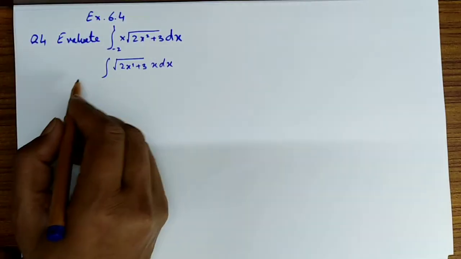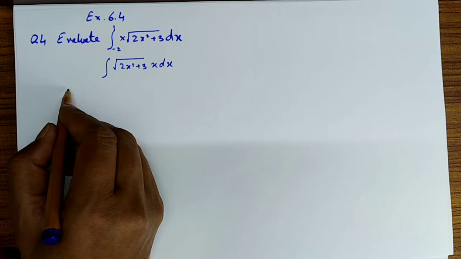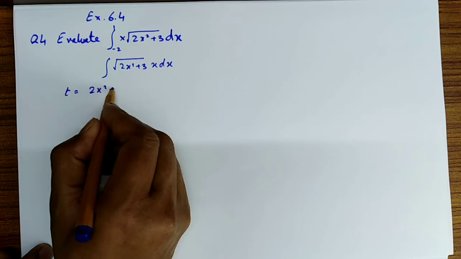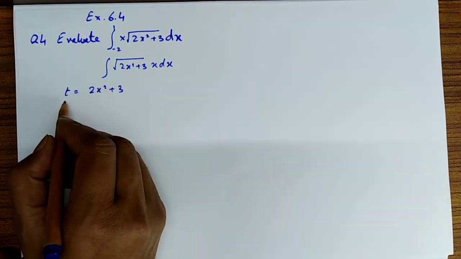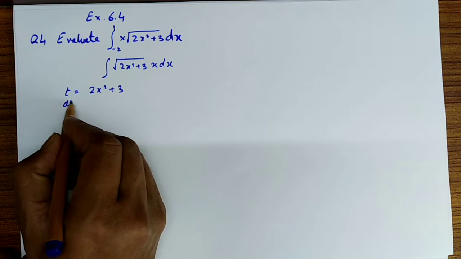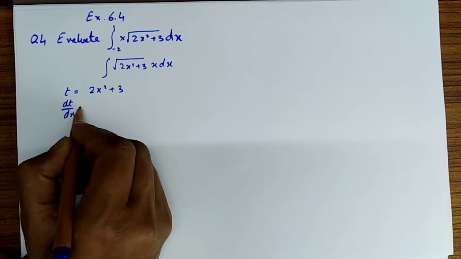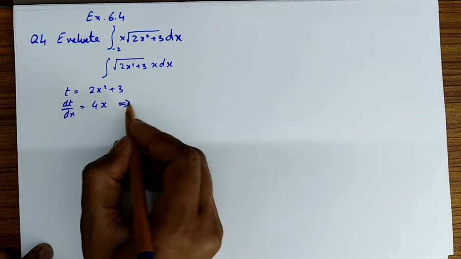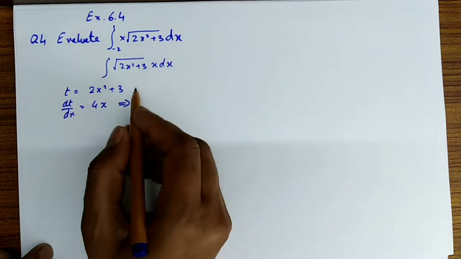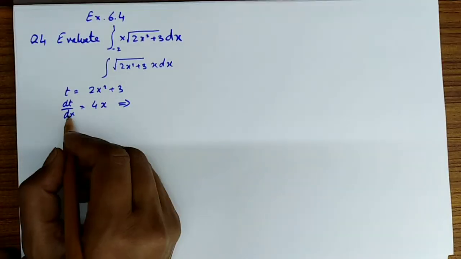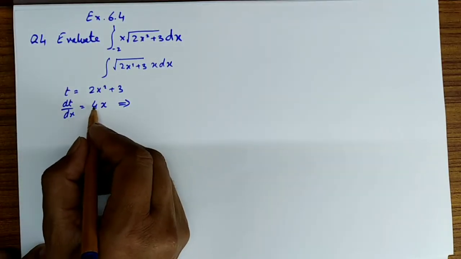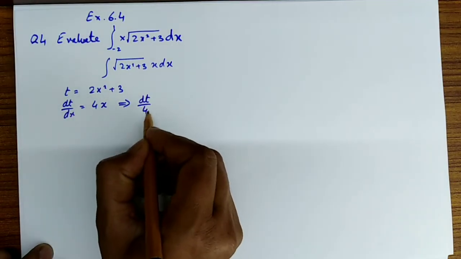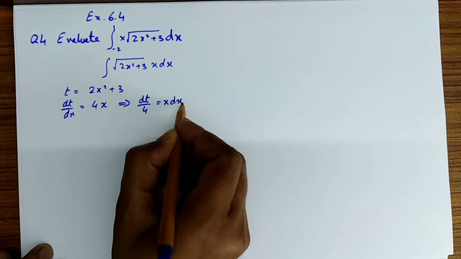Now again using the substitution process, let t equals 2x square plus 3. Now differentiating on both sides, dt with respect to x gives me 4x. To get the value of x dx, I multiply this dx with x and move this 4 into the denominator of dt, so dt upon 4